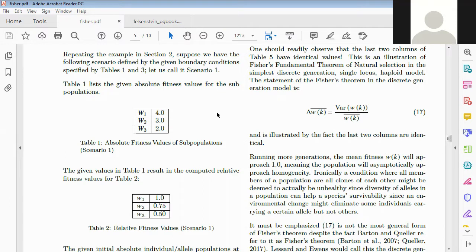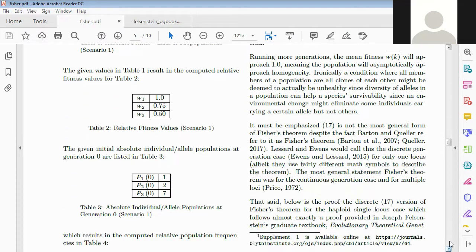So it works, suffice to say, really, really well when we have constant absolute fitness. And what Basener and Sanford did was they said, okay, what happens if we start adding new alleles, particularly ones that reduce fitness? Let's see what happens. And that's all the paper really explored. In my opinion, that was interesting,